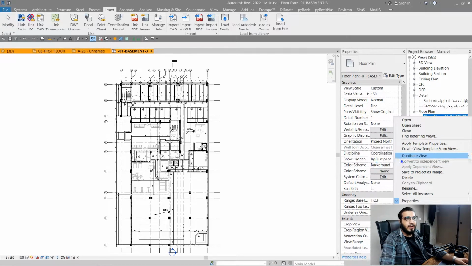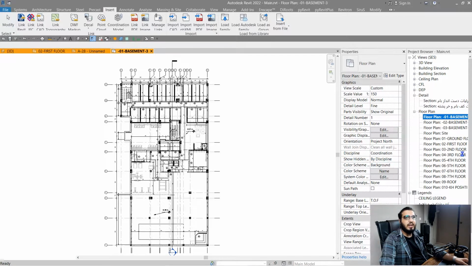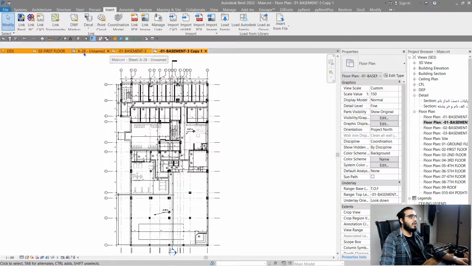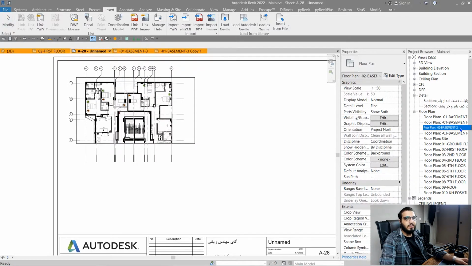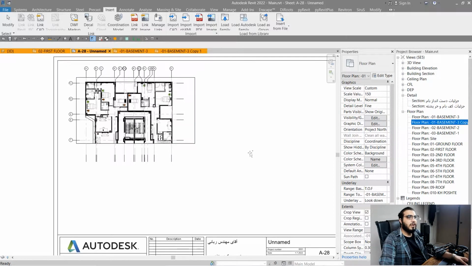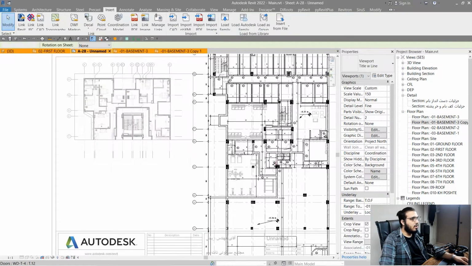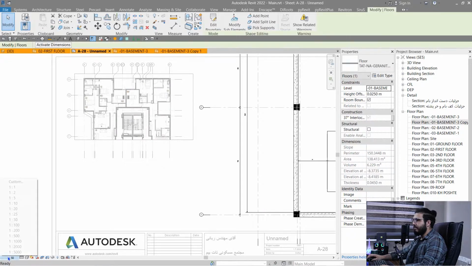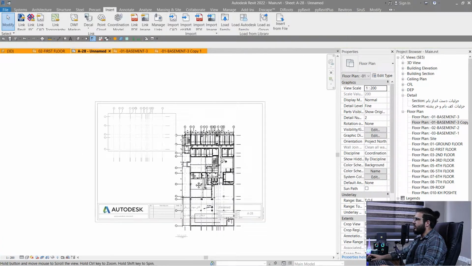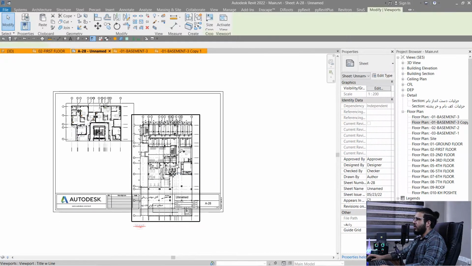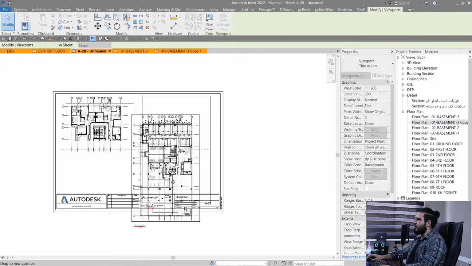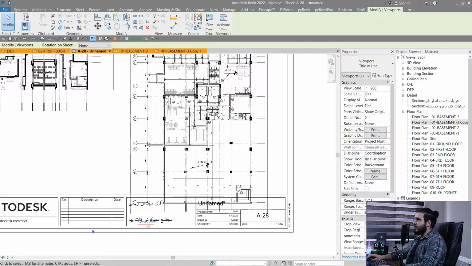Let's create a duplicate, and let's put it on duplicate with detailing, and you need to bring the duplicate in your sheet. For example, let's bring this duplicate in here. This one, let's bring it in here, and it is too big, we need to put it on 1/200, and that's okay. Let's bring it up, or you can use crop region, or you can use a bigger scale,